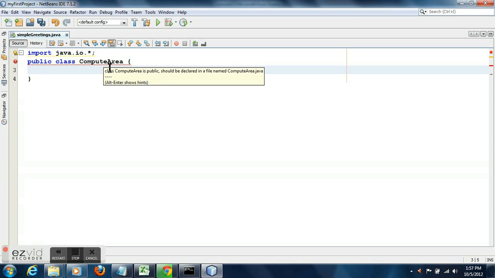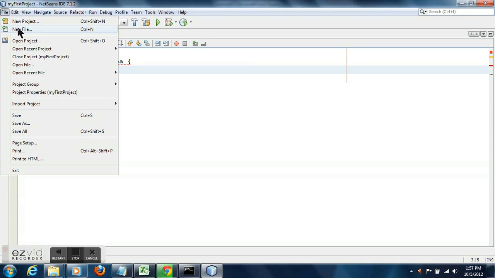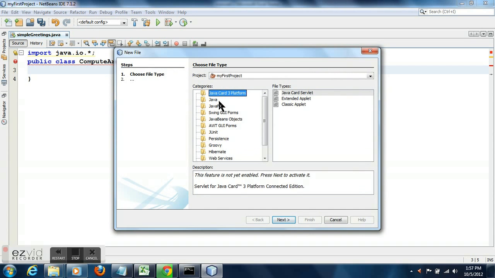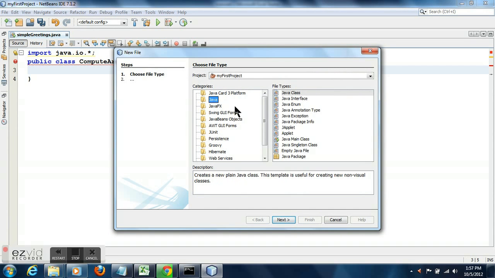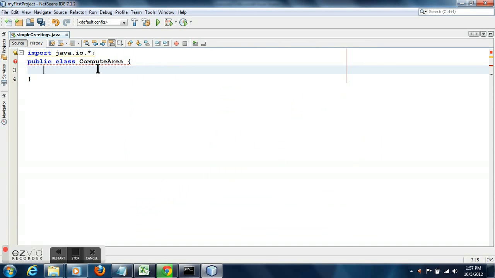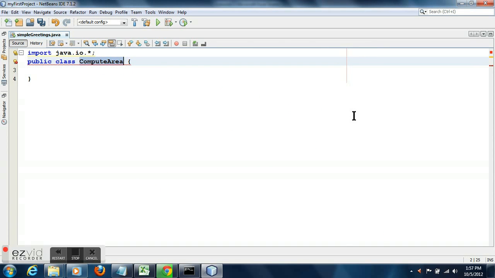Whatever it is, the point I'm trying to make here is, I'm going to write a simple program which will explain the different data types, and show you how to use different data types in a program.